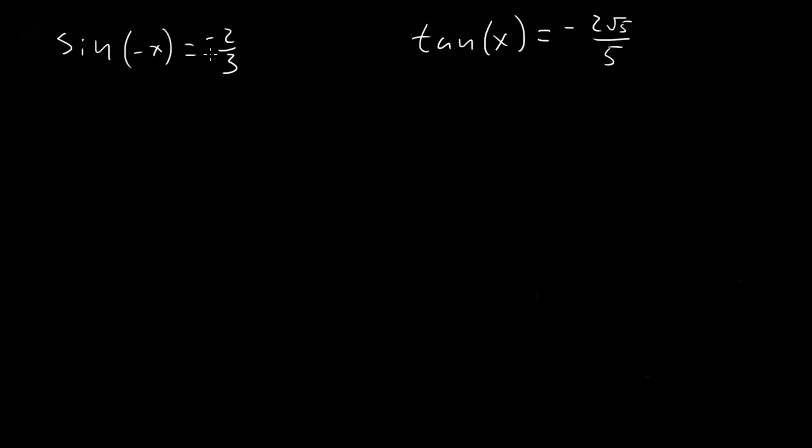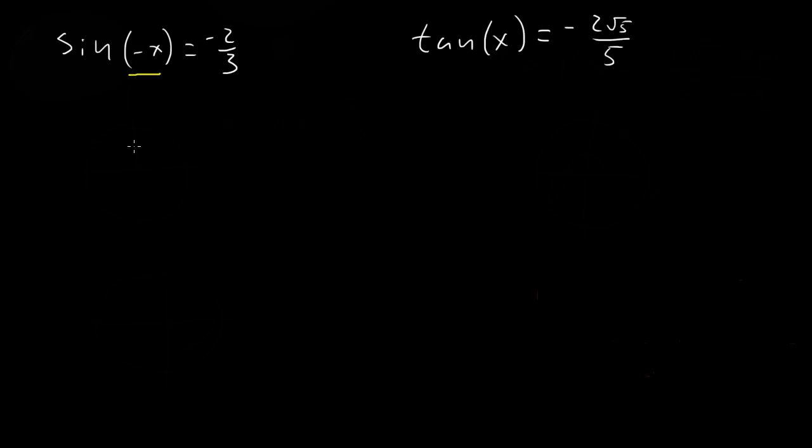Alright, so here's your question. You're asking, use the given values to evaluate, if possible, all 6 trigonometric functions using the sine of negative x equals negative 2/3 and tangent of x is equal to negative 2 root 5 over 5. Alright, and you point out that your main concern is that there's a negative in front of the x inside